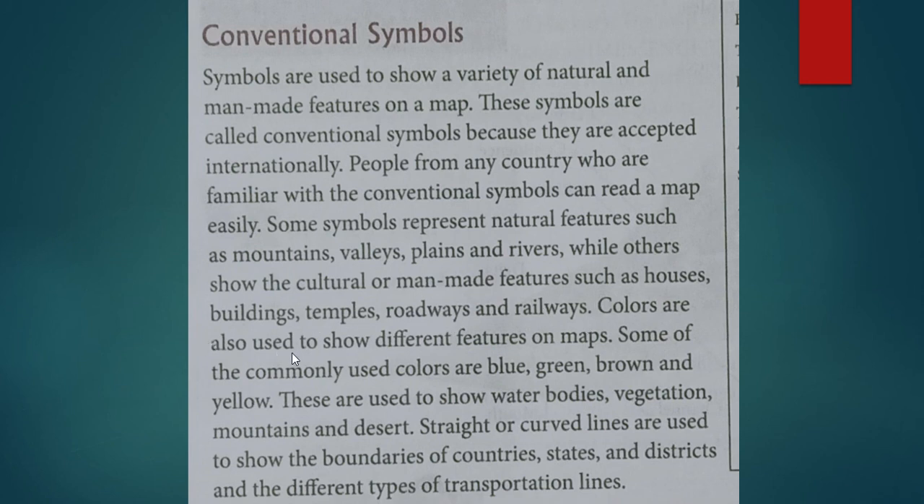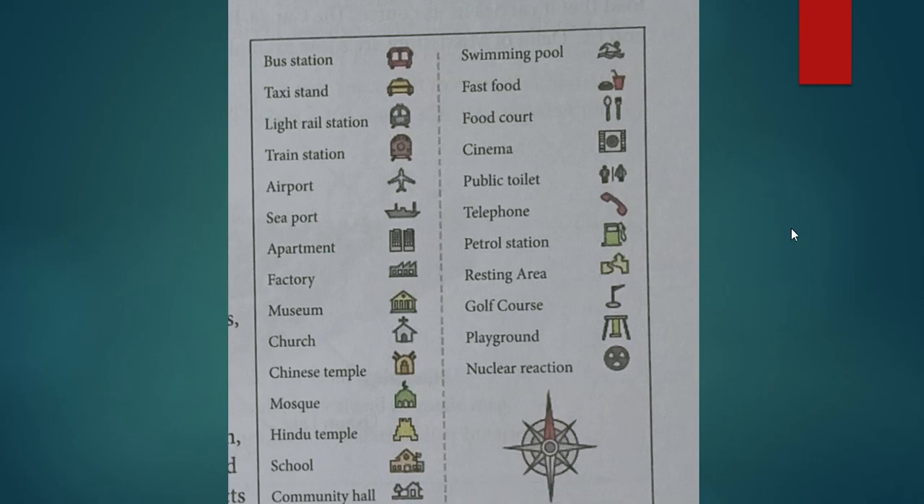Colors are used to show different features in maps. Some of the commonly used colors are blue, green, brown, and yellow. These are used to show water bodies, vegetation, mountains, and deserts. Straight or curved lines are used to show the boundaries of countries, states, and districts, and the different types of transport lines. Examples of some of the conventional symbols are given here, such as bus